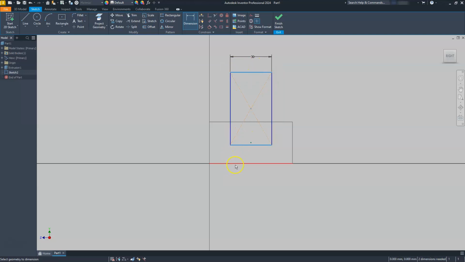And then I need a height from here, right? So I'm going to select a dimension from this line to this very bottom. And that needs to be 15. Now it's missing one more dimension and it needs this height. Remember that this number has to be greater than or equal to the distance from this line to that face